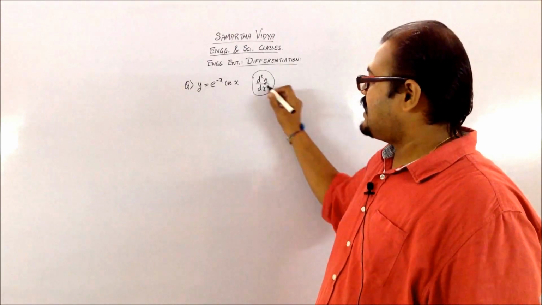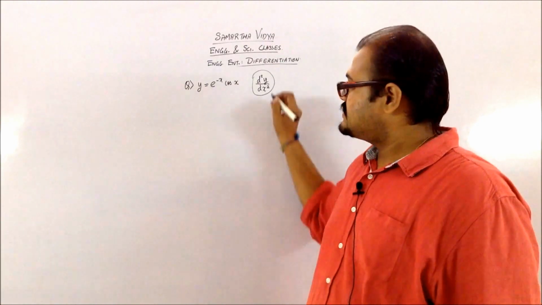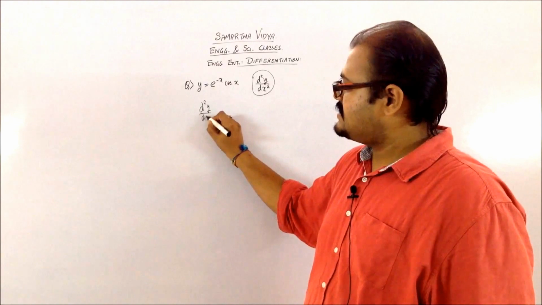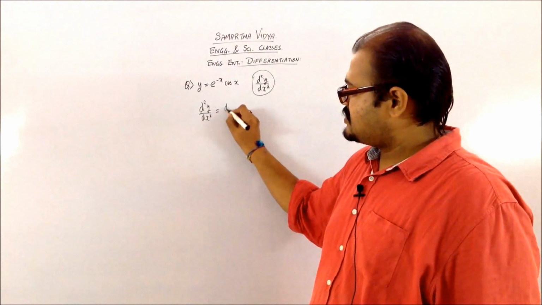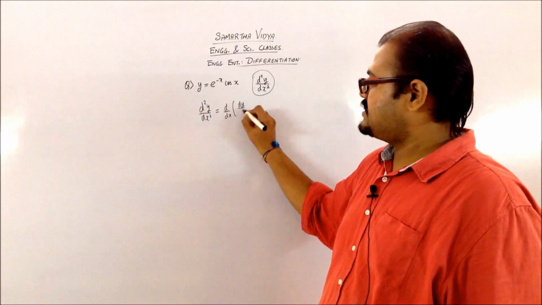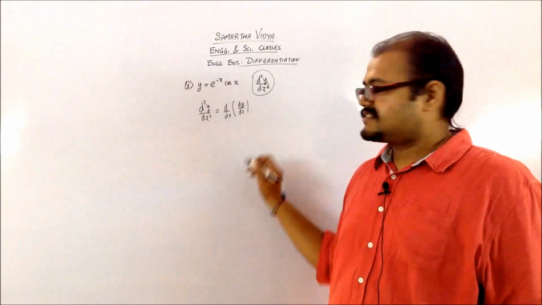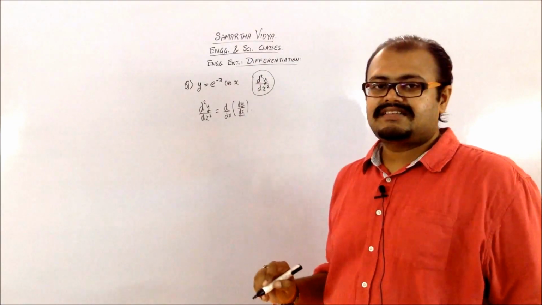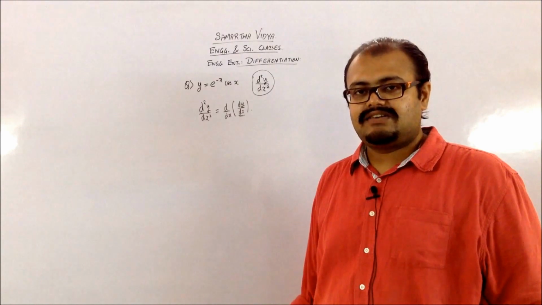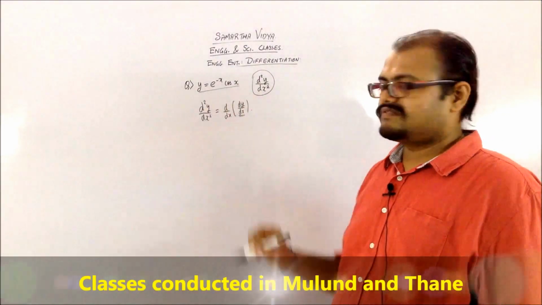So when you are having a double derivative term, that is your second order derivative, this basically means that your d square y by dx square is d by dx of the function which is dy by dx. So in this, what you have to do is you have to first find your dy by dx, and whatever function you are getting, you have to take a derivative again of it. So let us first find what is going to be the derivative of this.